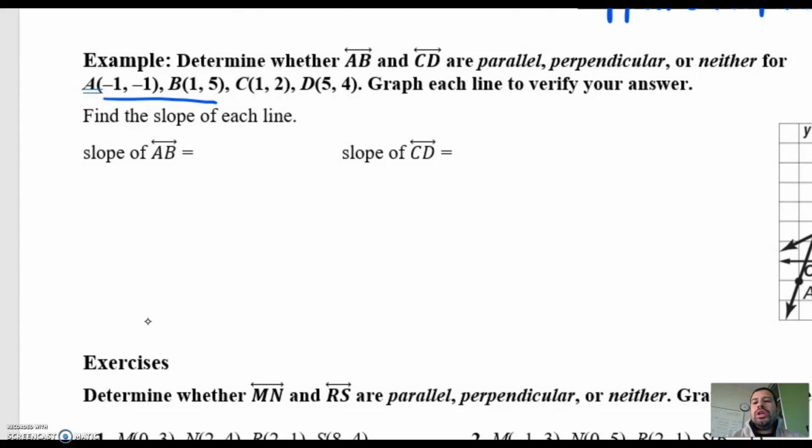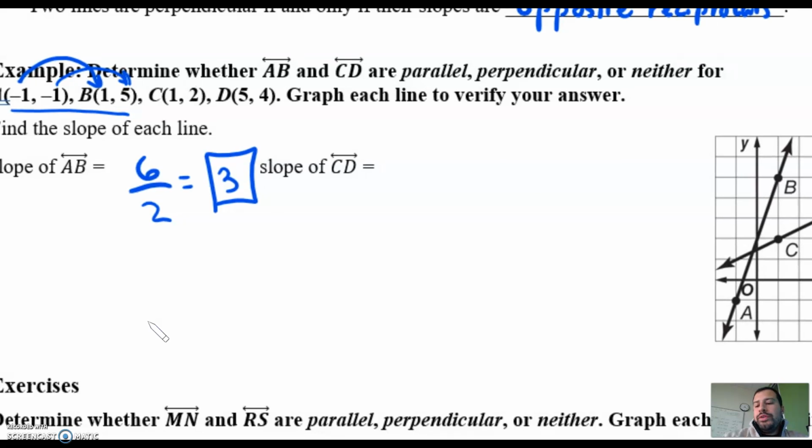So the change in the y's of these points from -1 to 5, it went up 6 units. And then from -1 to 1, it went up 2 units. So it looks like that slope would be 3. If you're uncomfortable using that strategy, plug them into the formula that we learned on the front page. Slope of CD,